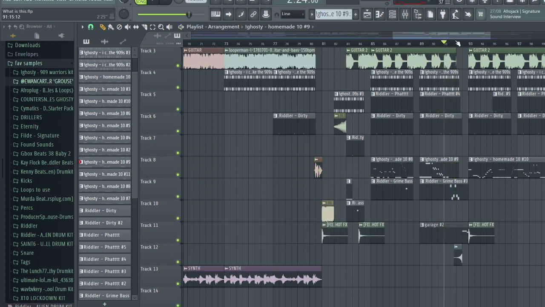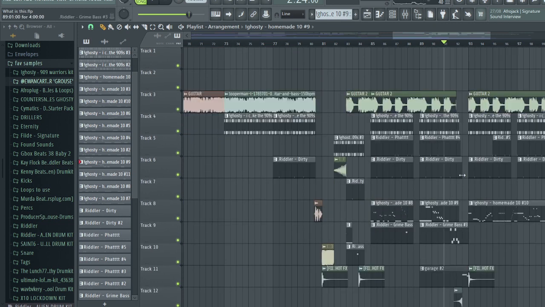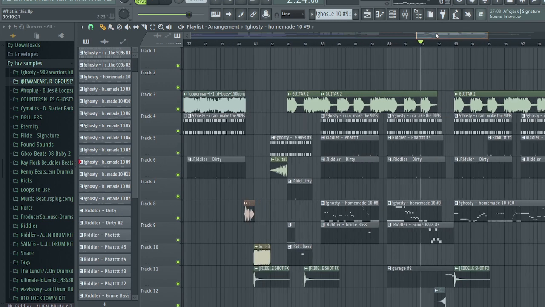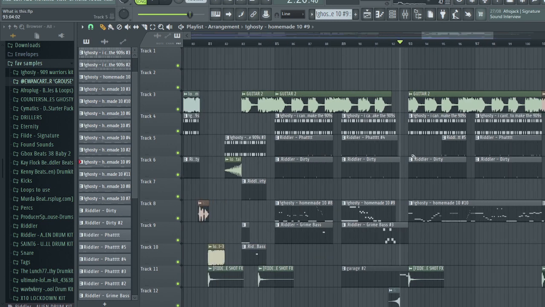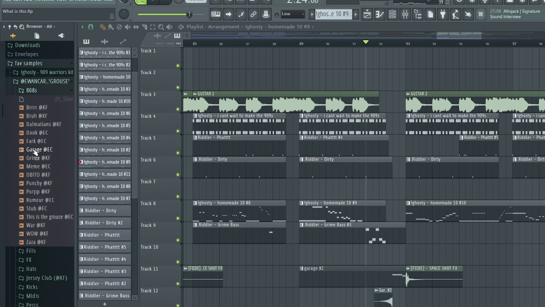Then I cut everything out. As you can see, everything, including my synth, which's not even playing anyway, so cut my guitar out, all the instruments, just so this could shine. And what I did was really simple. I just wanted this garage sound to be really noticeable, but it just sounded really plain. If I was just to play it on its own, it sounds rubbish. So I got the same garage sound from the pack and I just dragged it straight into